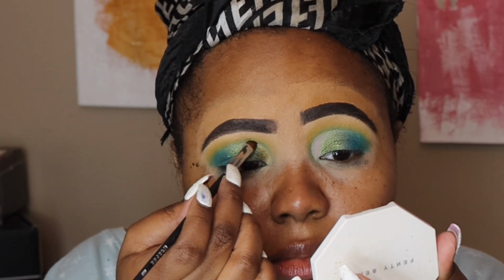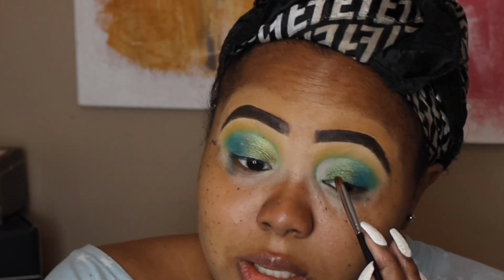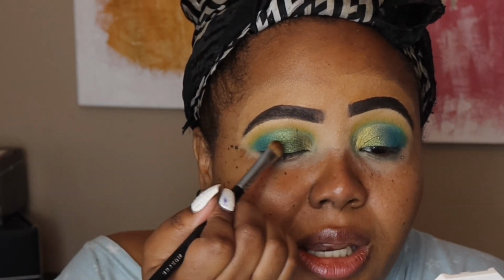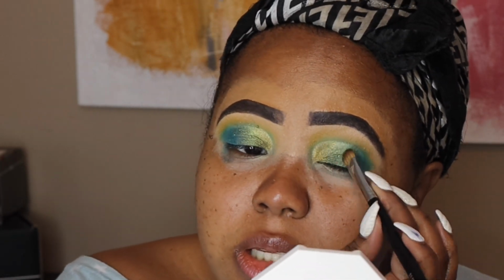I'm going to take this next green shade and put it in my inner corner. It's green, but it has more of like a yellow undertone to it. So I thought that would be good to go ahead and brighten up that inner corner a little bit. Boom, boom, boom. You see me, you see her. Okay, cool. I'm going to go back in with that darker green and put it in the middle, just blending,